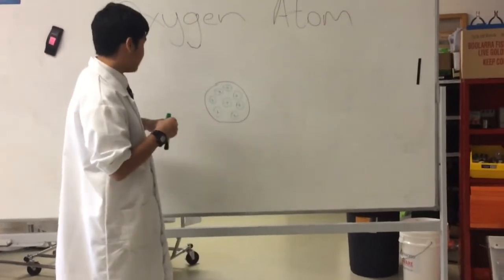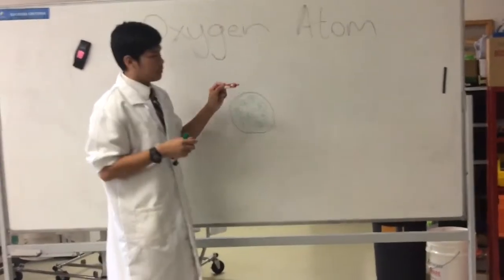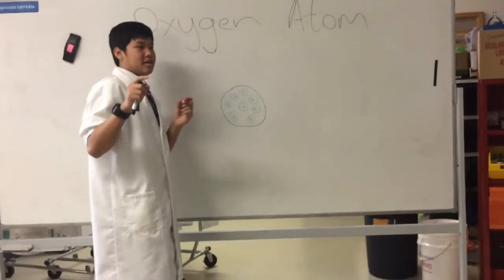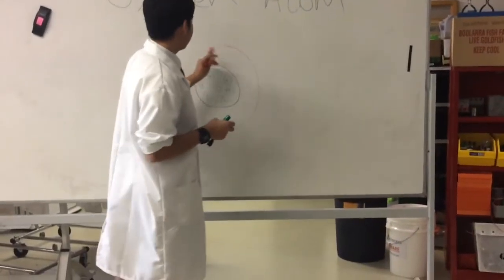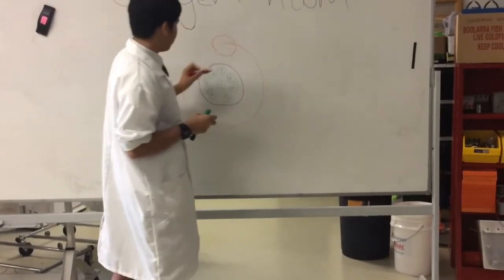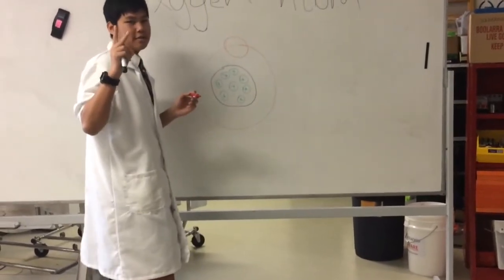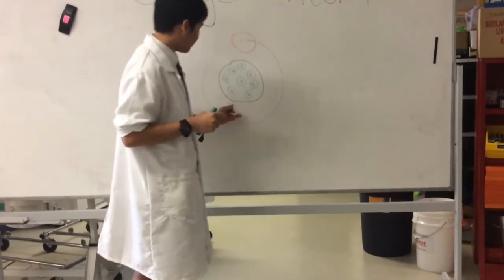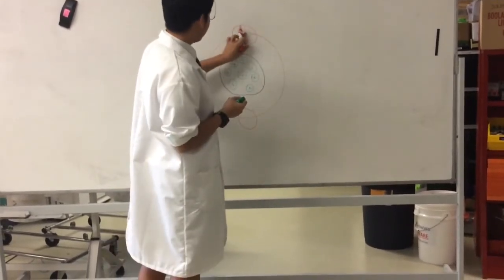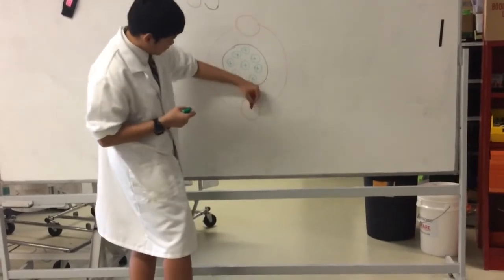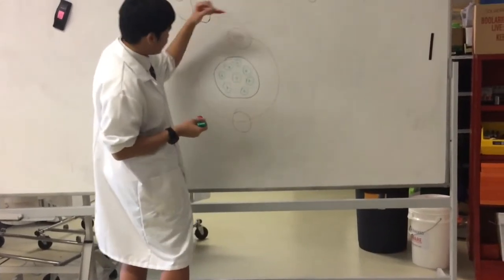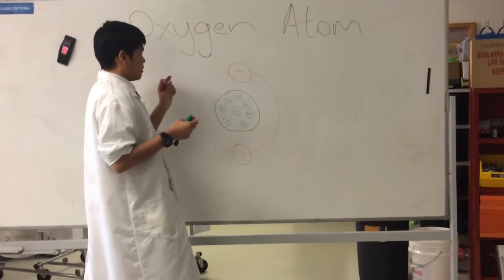protons. Then we have a shell which contains electrons. So we have our first shell here. Then you're only allowed to have 2 electrons in the first shell. So we have our 2 electrons here. Then we give it a negative sign, and then we need